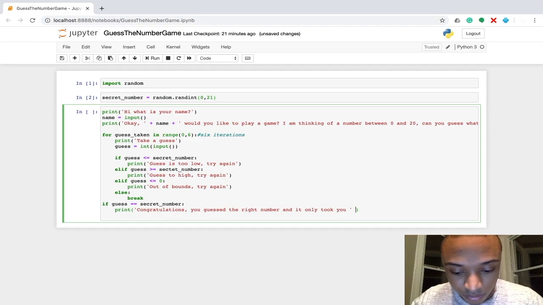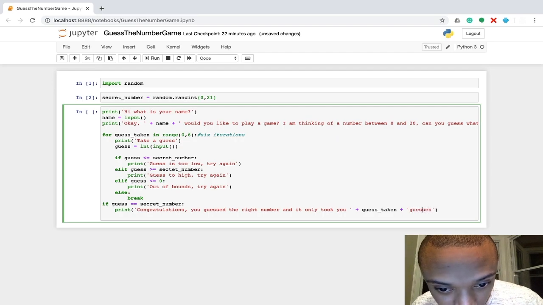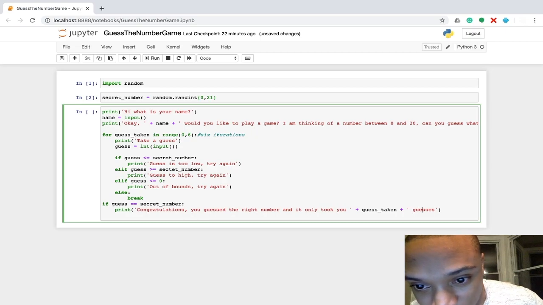Then we're going to do a little string concatenation, and we're going to grab that iteration variable, guess taken, and it only took you guess taken plus string guesses. Let's remember to put a space right here so that we actually have